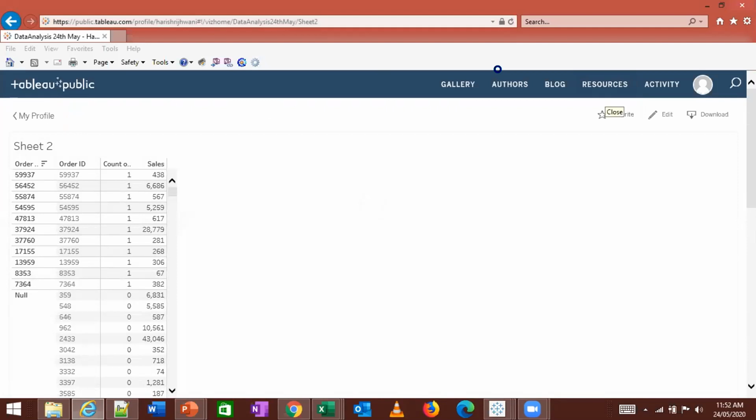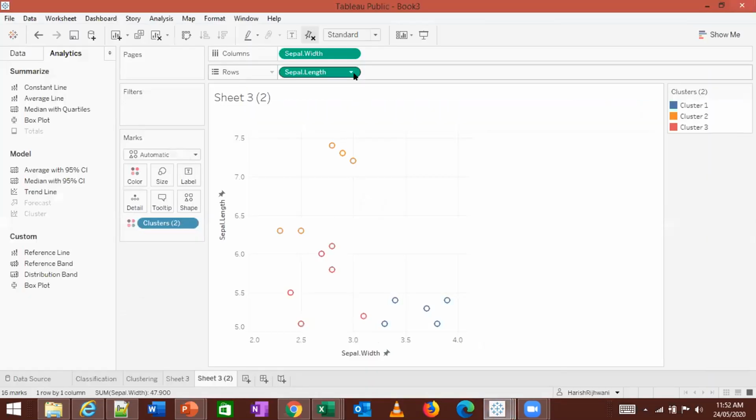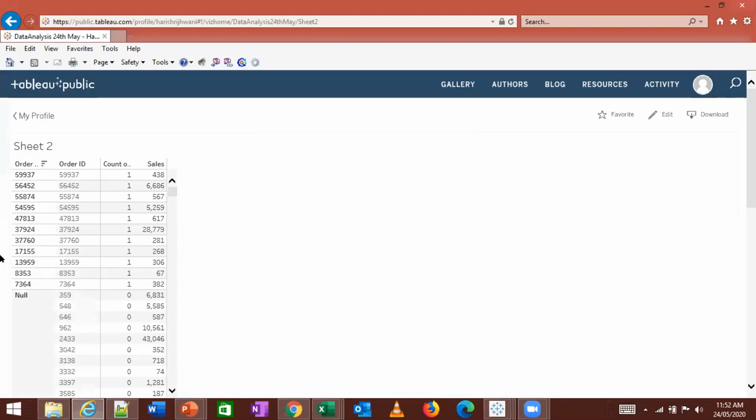So Tableau has their own server. So the question is, sir, can we integrate Tableau in websites? Tableau has their own server which you can integrate. This is Tableau Public. It does not have the option of doing that. Normally in a server, right, Tableau, you can publish all these on a particular local server. Like over here, you can publish this. It comes on a specific website of Tableau Public. So I have not tried to integrate this in a specific website, but it is possible. You need a hosting server.